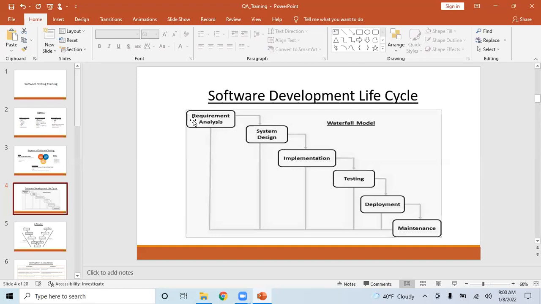This is a good opportunity for a tester, especially test leads, to understand what a customer wants. In a very old-fashioned way, only the business analyst used to be part of the requirements, and the business analyst used to tell the requirements to the tester.